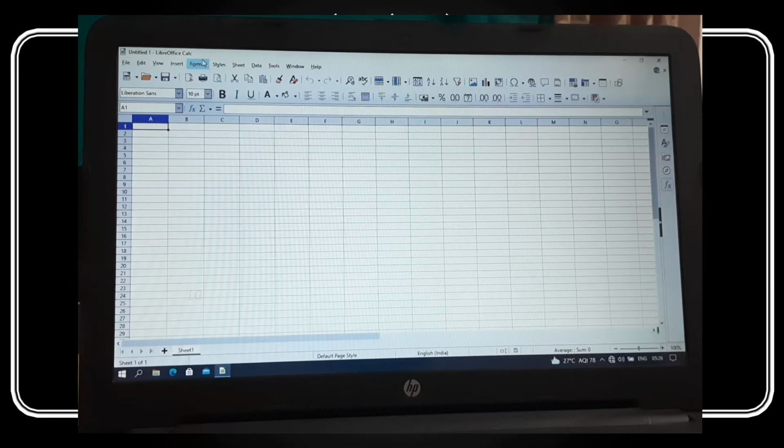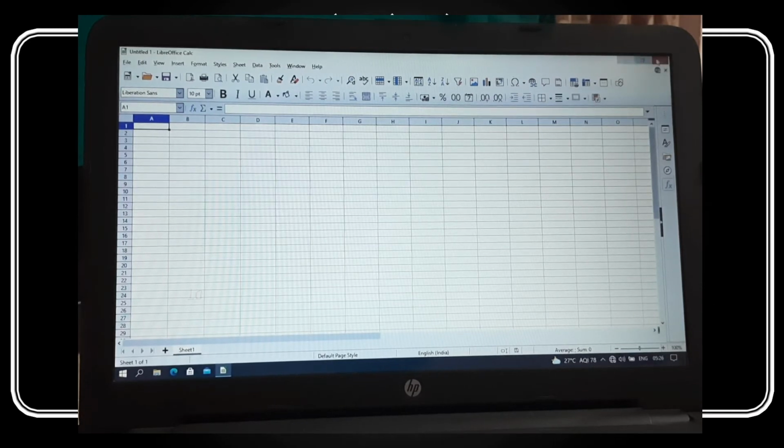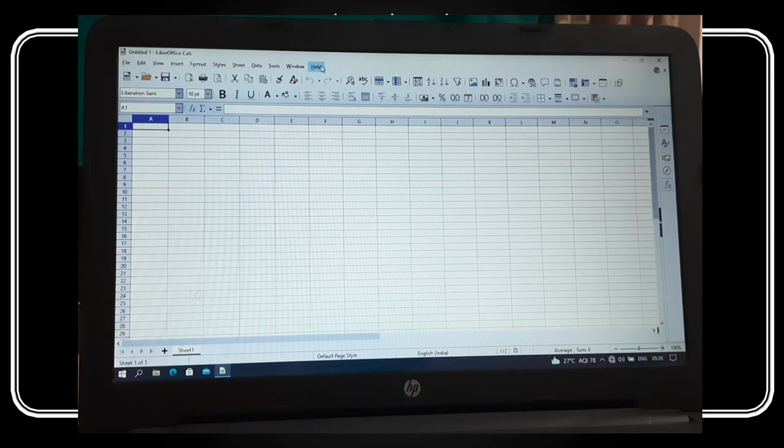Then window control buttons. See here the minimize, maximize or restore, and close buttons. These are the window control buttons. The next one is the menu bar. File, edit, view, insert, format. These menus are displayed. This is called the menu bar.